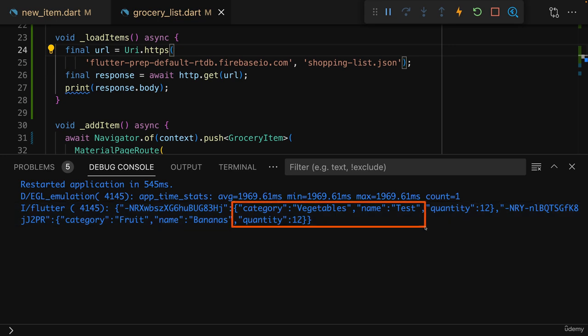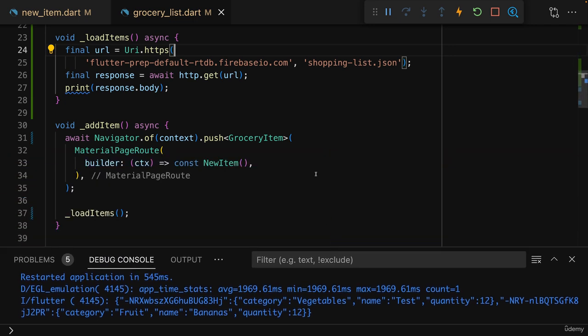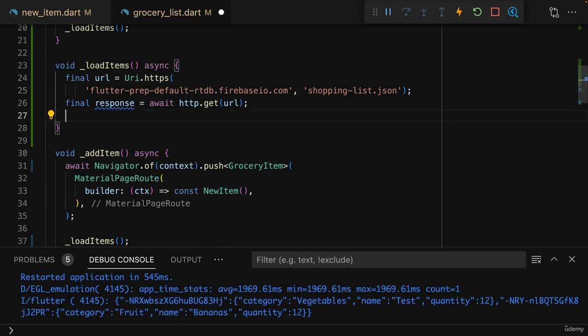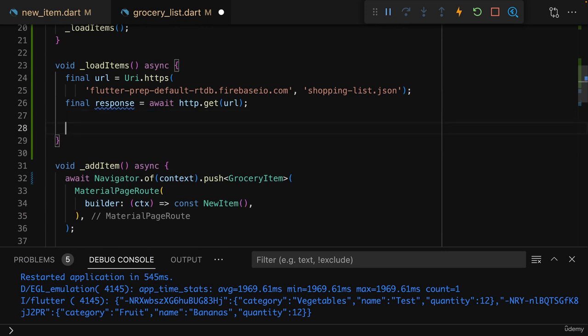And then as values, I have nested maps, so nested objects, you could say, with the data that's stored under these IDs on Firebase. So that's the data we're getting back from Firebase, and that's of course the data we can now use to update the UI. For that, here in load items, we want to convert this JSON data back to regular Dart objects,